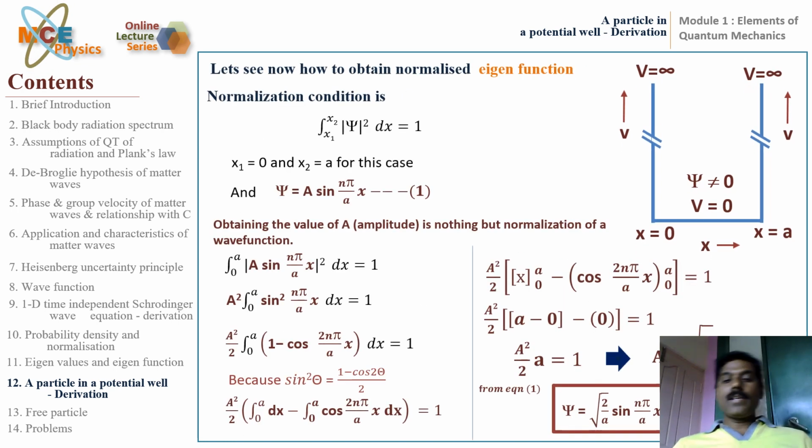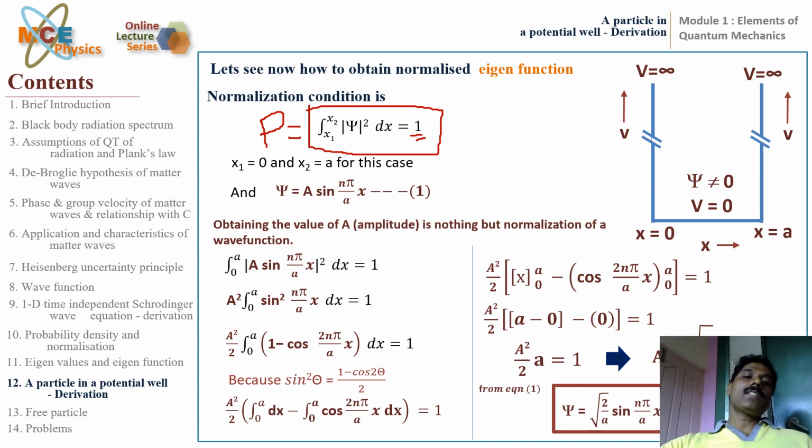the determination of A value, because A value is still unknown in the solution. So in order to get the value of A, what we did, we considered Max Born's equation. So this equation gives that the probability of finding the particle within the physical system is 100%. Since we have assumed that the particle is in the potential well, probability should be 100%. In that case, here in this equation, the integration of mod psi square dx must be equal to 1 if the probability is 100%.